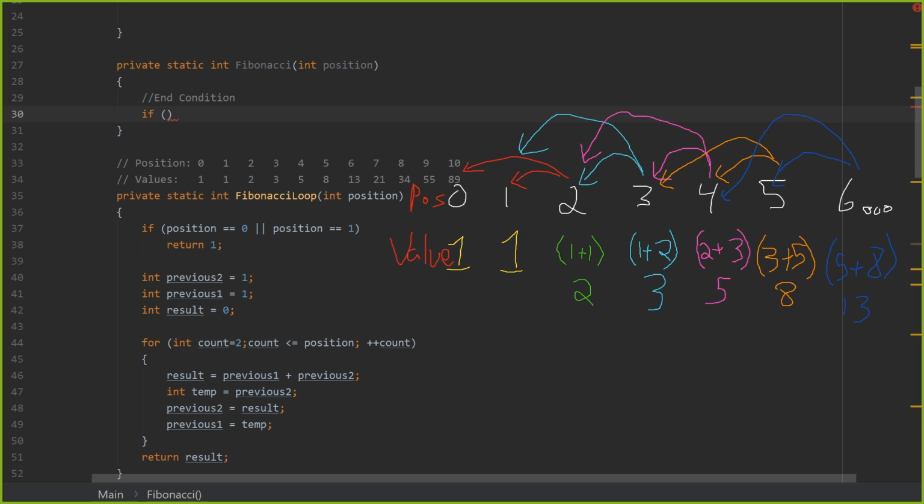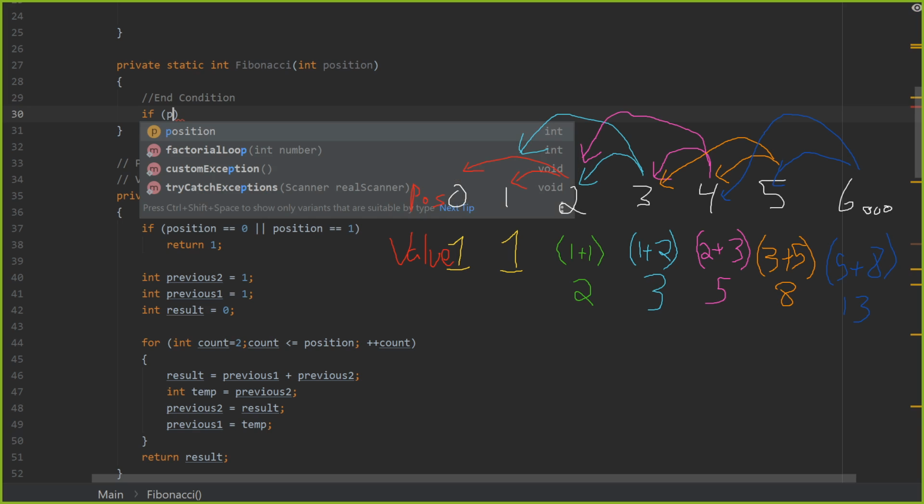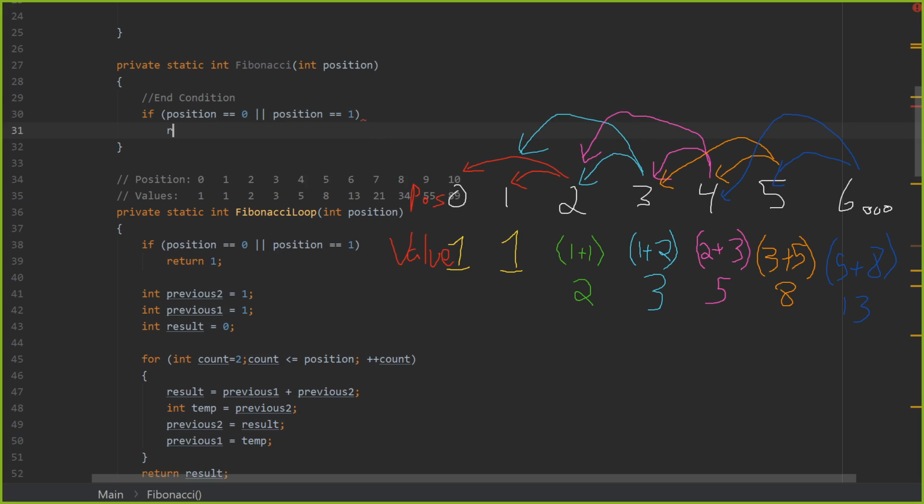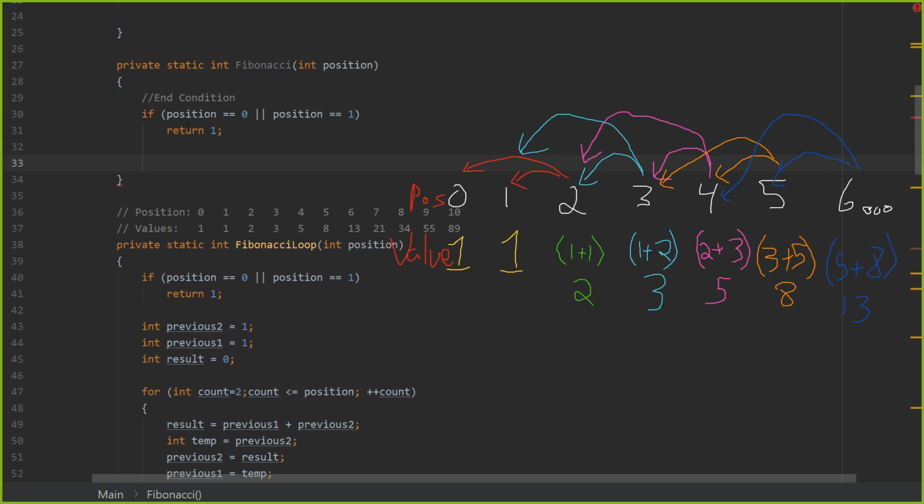So if position equals 0 or position equals 1, we want to return 1 because both of those positions are 1, right? If we are at a higher position, well, remember Fibonacci is adding the last two positions together to give you the current one, right? And let's say for number 2. If Fibonacci comes with number 2, well, position is not 0 nor 1, it's 2. What we want to do is add the last two positions to get this value. So in this case, we're going to return